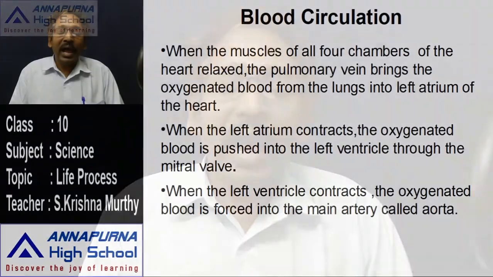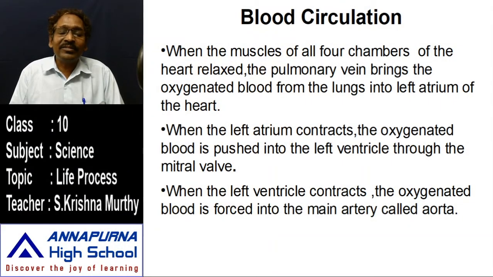In between those 0.8 seconds, immediately from the lung, the pulmonary vein carries the oxygenated blood into the left atrium, and when the left atrium contracts, that blood is pushed into the left ventricle. Already I told you. So in between them, what is there? One pore or valve is there which has a 2-layered membrane. What is meant by 2-layered membrane? It is a cup or a lid, which is meant for a valve. So that is a valve.